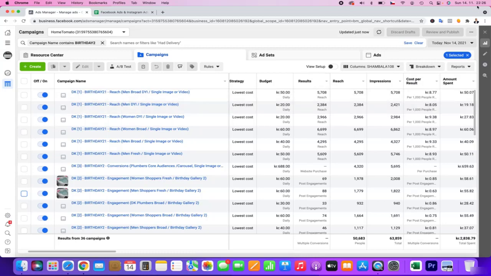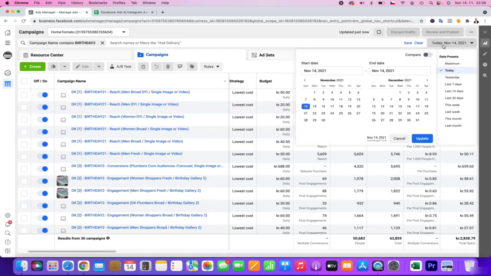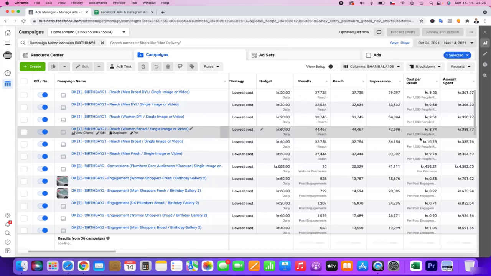As you can see, it's Sunday evening now, so I'm going to turn off all the campaigns. What is very, very beneficial now is to summarize what actually is the best for us. So let's update the date.